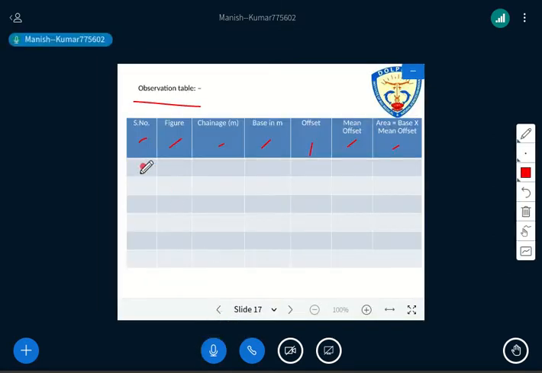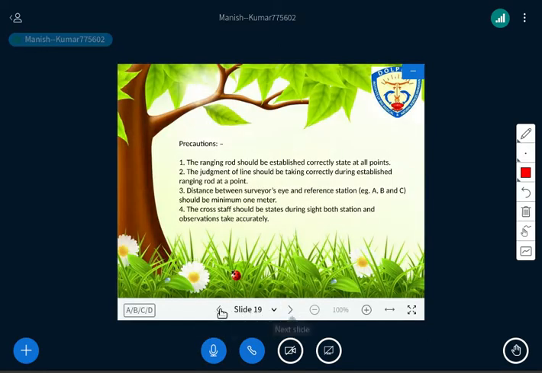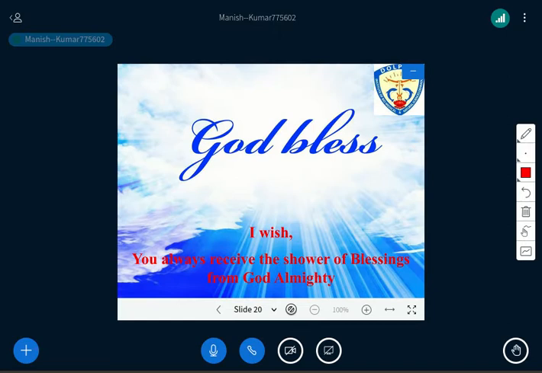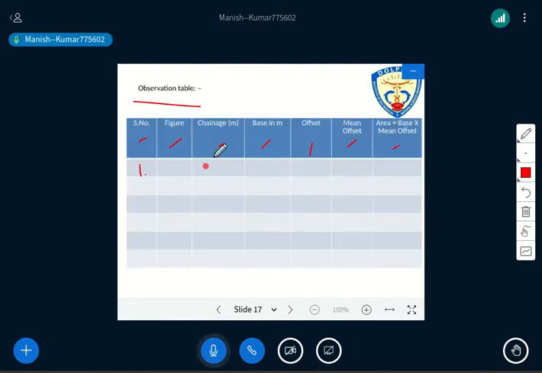To serial number 1, and then chain is, so chain is 20. You can easily look at there. Right, chain is, just look at there, you can write here 0 to 20, 0 and 20, and then you have to write the base, the difference of this, that will be 20. Is it clear? Have you got this point up to this? Everything is clear?